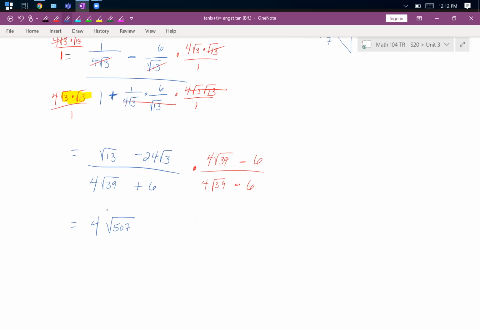Which actually, by the way, will simplify, this is going to be square root of 169 times square root of 3. So this will simplify down to 13 square root of 3, that radical. And minus 6 square root of 13. Then minus